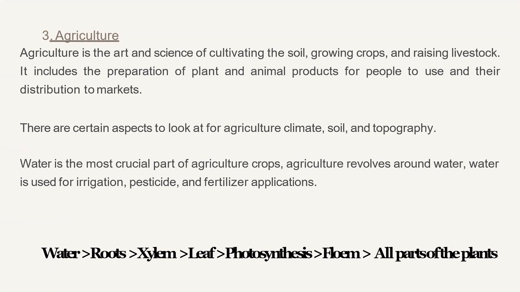And how water travels through plants is: water in the ground goes to the root system, and from the root system, it goes to the xylem capillaries, where the water is transported to the leaf, and the leaf will be hit by a sun ray. Then there is photosynthesis. Photosynthesis creates food for the plants, and food is distributed by the phloem capillaries to all parts of the plants, giving life to the plants. Next,